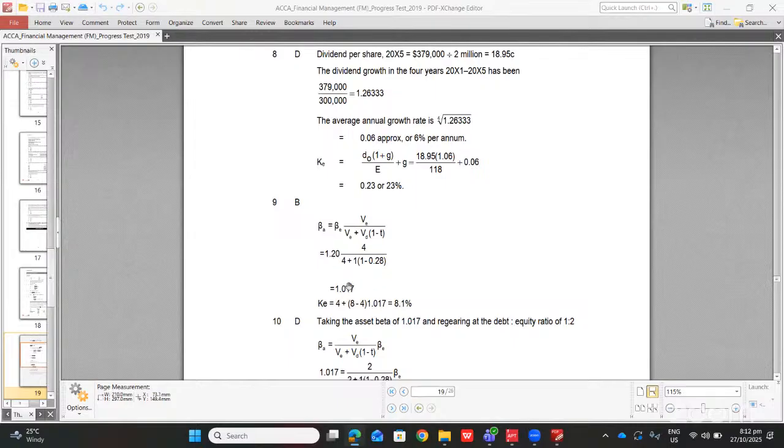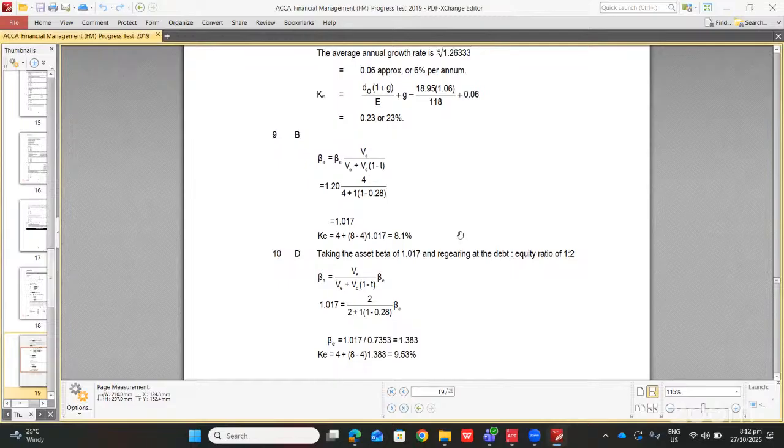It has to be lower because we know the asset beta only carries one risk component, which is business risk. The equity beta carries two components. As we said, the asset beta is pregnant with one child, the equity beta is pregnant with twins. So the asset beta will always be a smaller number. If you get a bigger number, you know you did something wrong. Get that, plug that in your CAPM formula, and you get